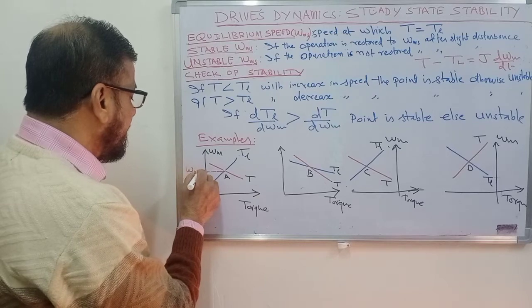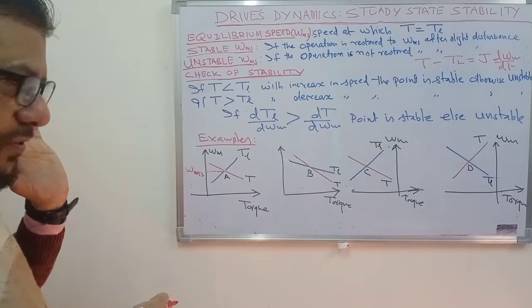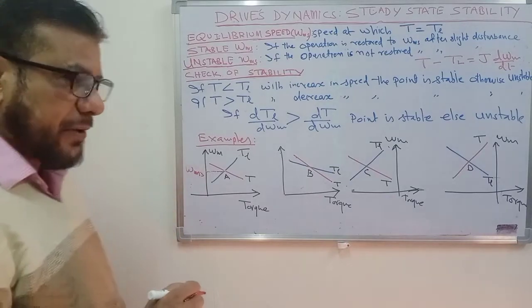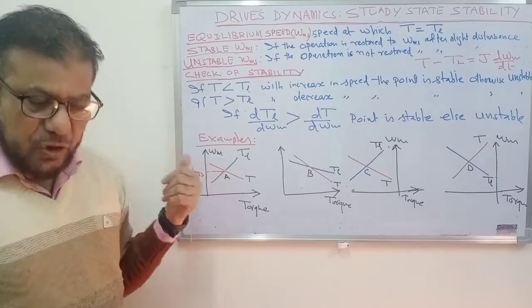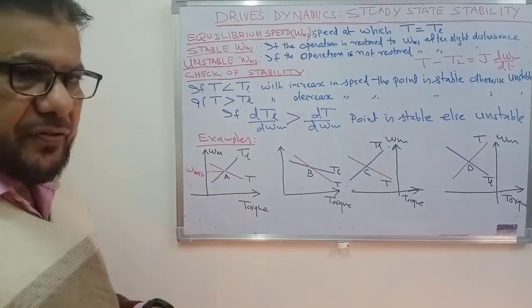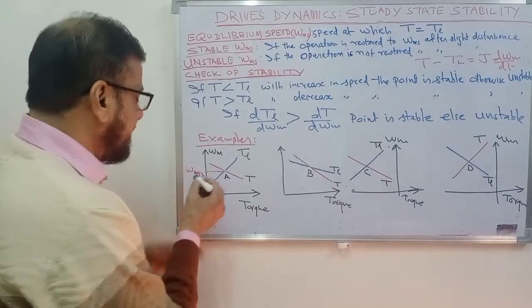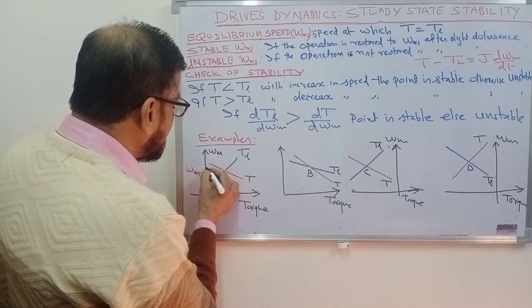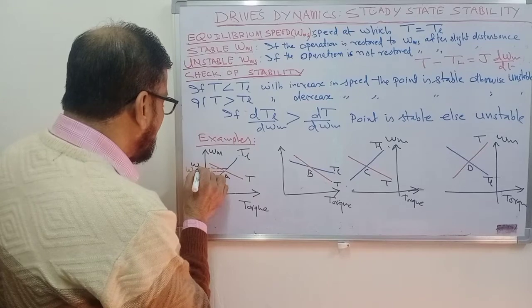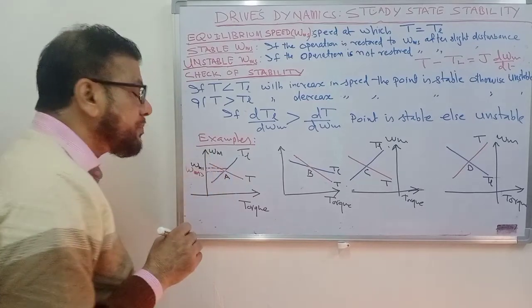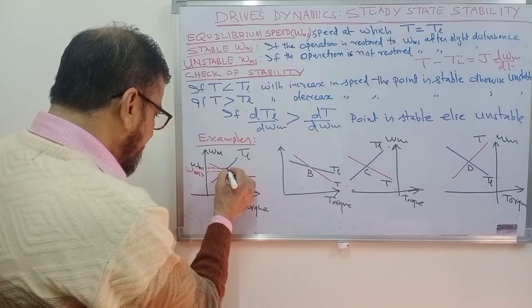This is the equilibrium speed omega ms. At this point the motor is operating. Now we have to check whether this point A is a stable operating point or an unstable operating point. For that, let us slightly increase the speed and see what happens. I have increased the speed from omega m to omega m1. With this increase in speed, for this speed, the load torque